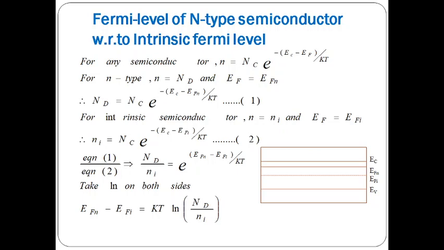Dividing equation 1 by equation 2, that means Nd by Ni equals e power of Efn minus Efi by kT. Taking the logarithm on both sides, Efn minus Efi equals kT ln Nd by Ni. Efn is the Fermi level of n-type material, Efi is the Fermi level of intrinsic material, that means the intrinsic Fermi level, Nd is the donor concentration, and Ni is the intrinsic concentration. Here, by observing the energy band diagram,